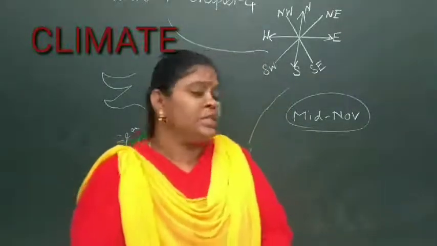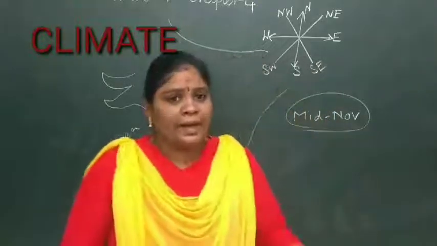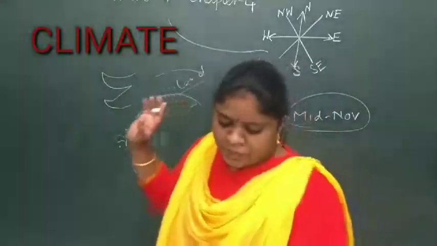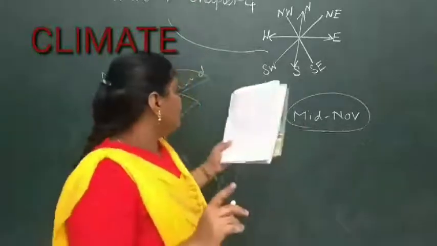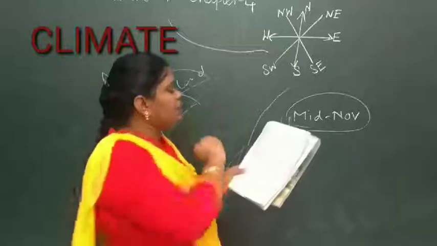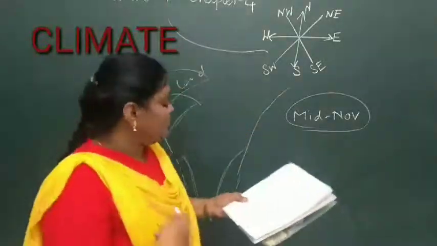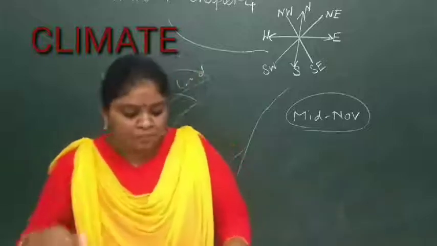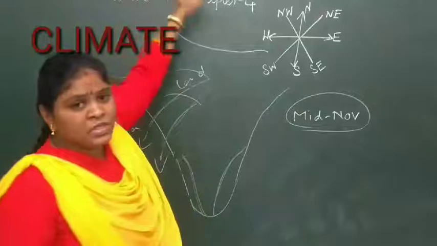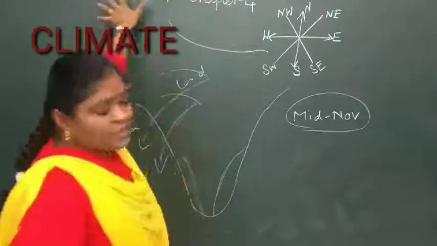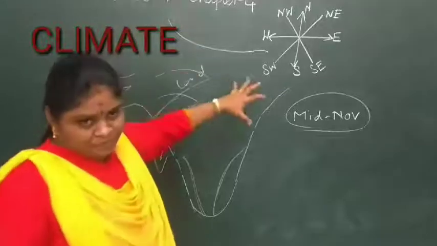So now we will see the characteristics of the cold weather season. What are the characteristics of the cold weather season? If you see, this season is influencing the northern plains. It happens mostly in the northern plains, and it is the inflow of the cyclonic disturbance from the west and the northwest. So what happens in the Mediterranean regions? In these areas, the Mediterranean regions are there. From the Mediterranean region, the air starts moving.